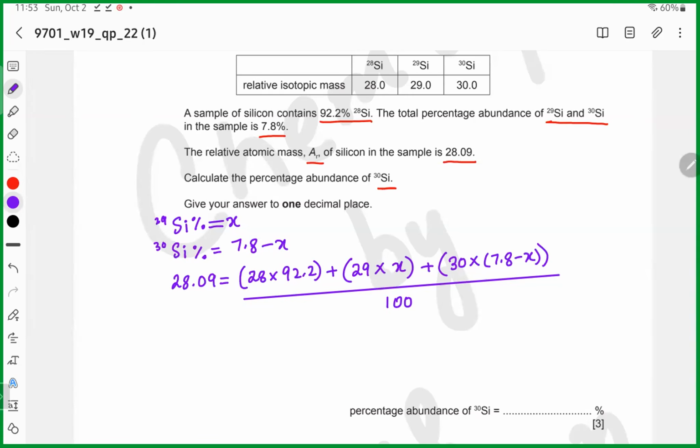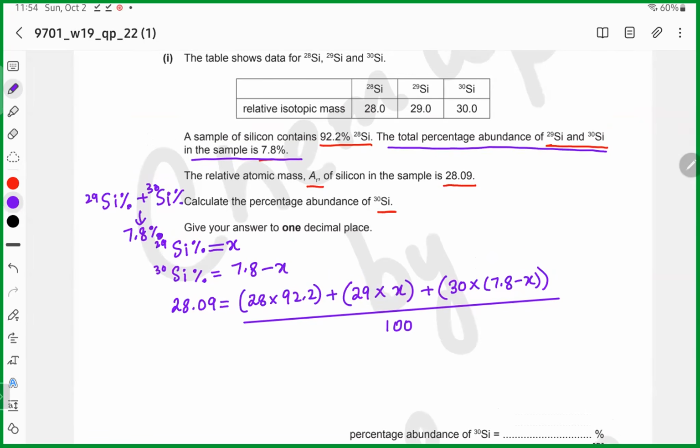सर फिर से समझाते हैं। जी देखें, ये स्टेटमेंट पढ़ें, ये वाली। तो इसकी बेसिस पे हम ये बात कह सकते हैं ना कि सिलिकॉन 29 की परसेंटेज अबंडेंस और सिलिकॉन 30 की परसेंटेज अबंडेंस कितनी है? 7.8% है, राइट? यस। तो अगर मैं सिलिकॉन 29 की परसेंटेज अबंडेंस को x अज्यूम करता हूं तो सिलिकॉन 30 की परसेंटेज अबंडेंस को 7.8 माइनस x अज्यूम करूंगा, क्योंकि दोनों का सम 7.8 के इक्वल है।